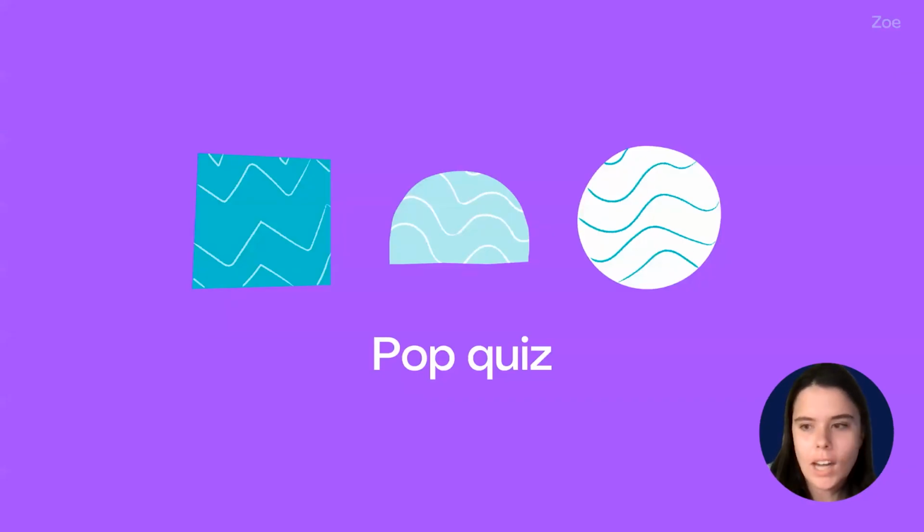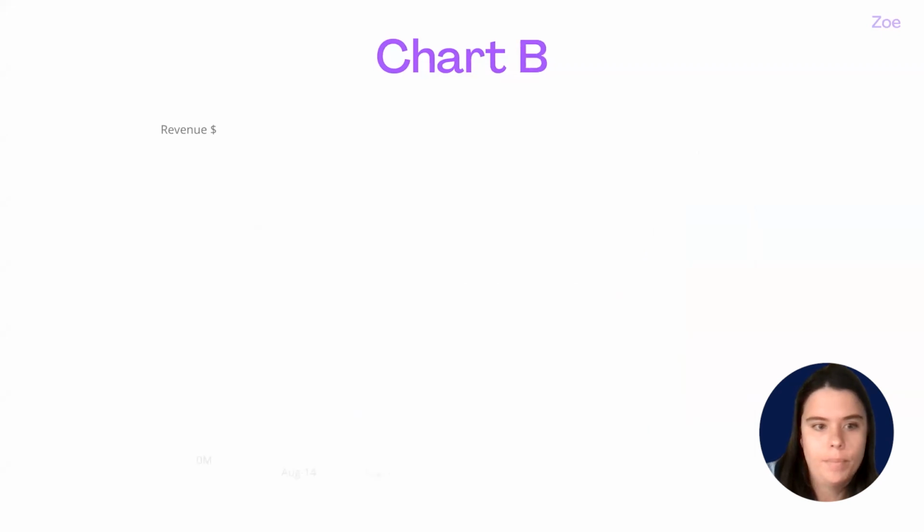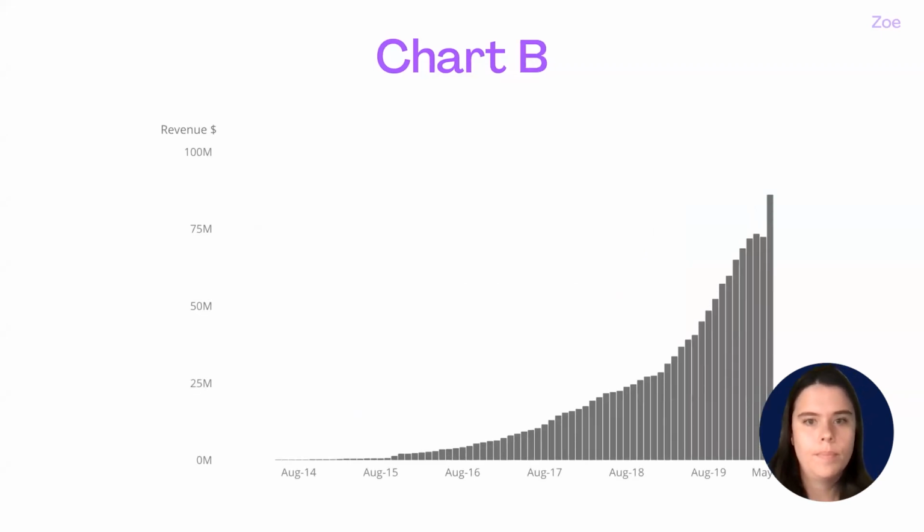So we have another pop quiz for you all, and this one is actually about a graph. I'm going to present 2 graphs, and I want you all to write in the chat which one you prefer. Chart A or chart B? Yeah, a lot of people are going with B. That's great. Chart A is okay, but I think following along with the data ink ratio,